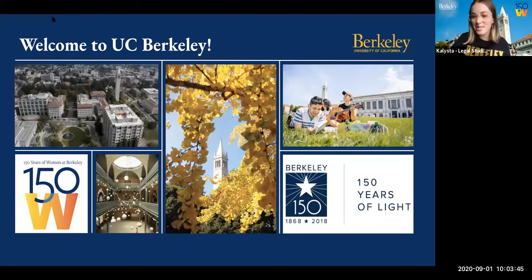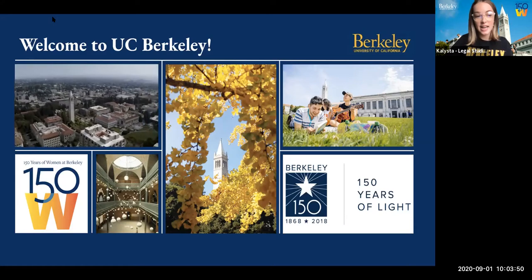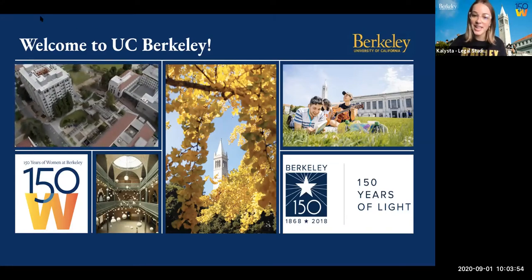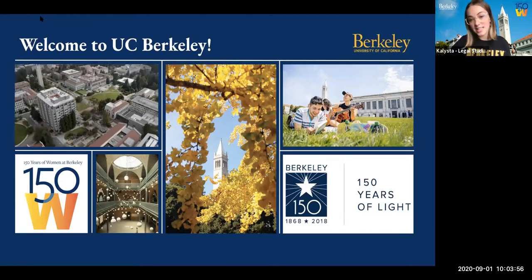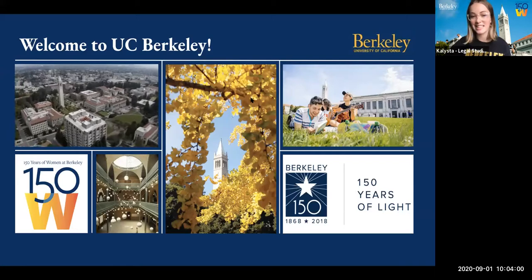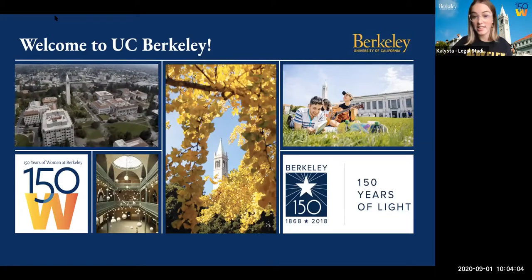So welcome to UC Berkeley. You should see a poll popping up asking a little bit about you, if you can fill that out. A little bit about the pictures you're looking at right now. In the middle, you can see our campanile, which is our clock and bell tower, very famous as it's the third tallest clock and bell tower in the world, which is really awesome.